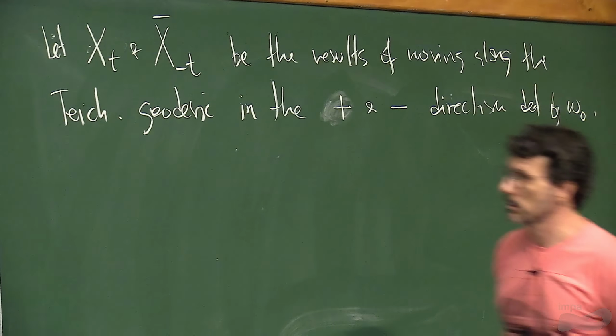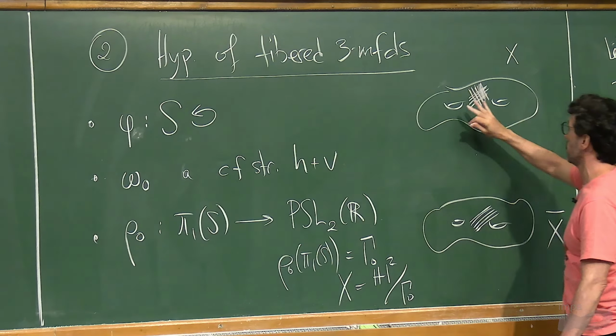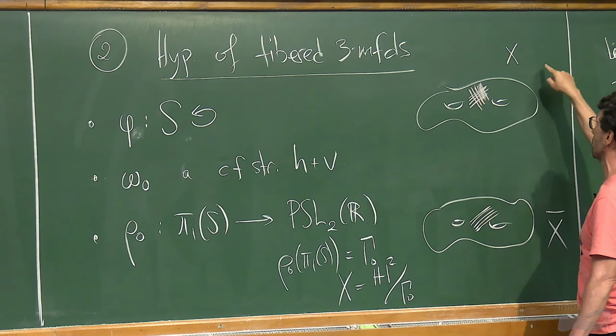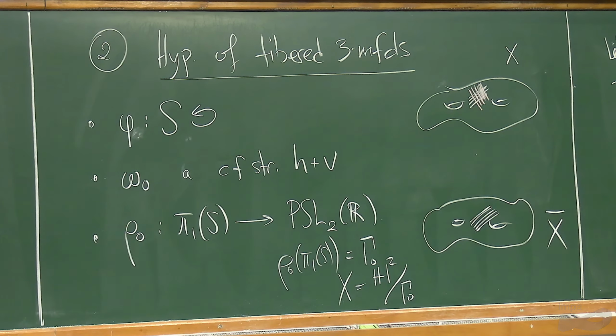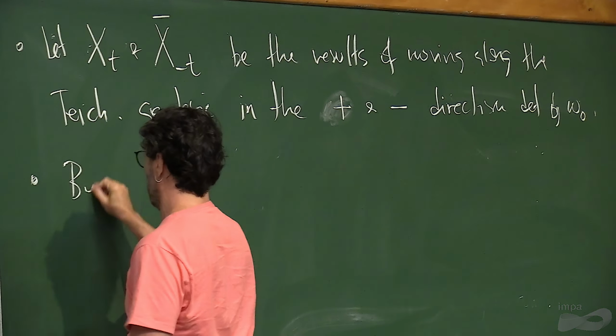This conic flat structure tells you how to move, and you move in one direction up here and in a different direction down here, and then you use Bers' simultaneous